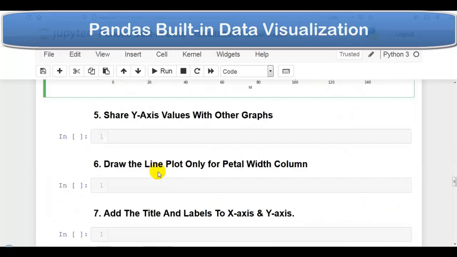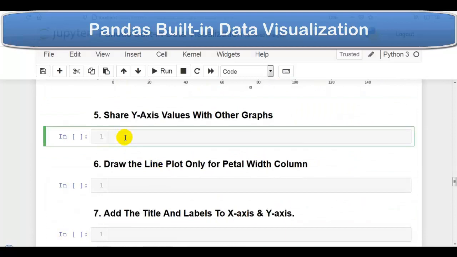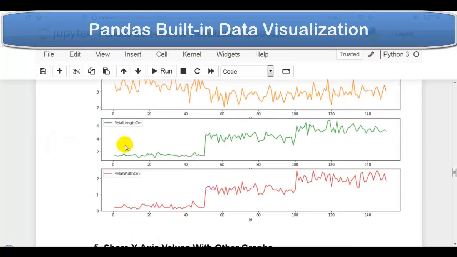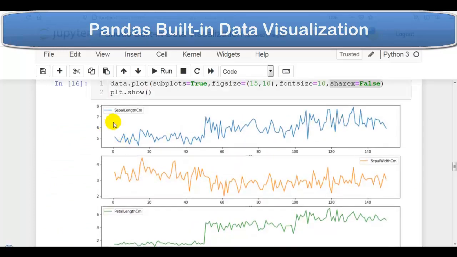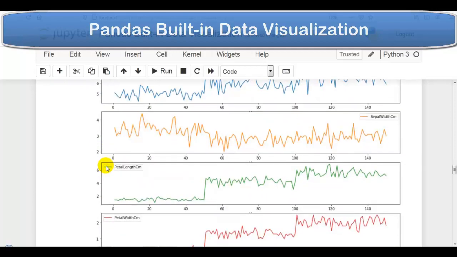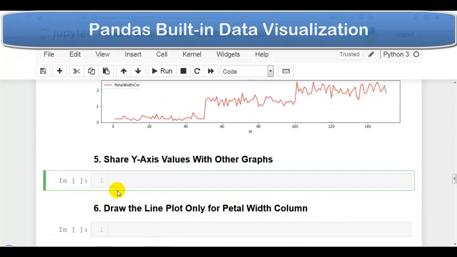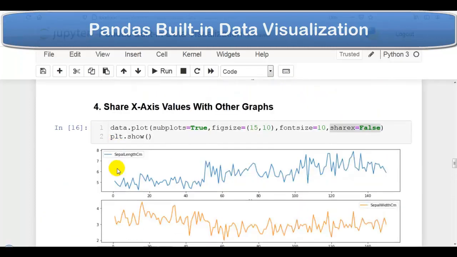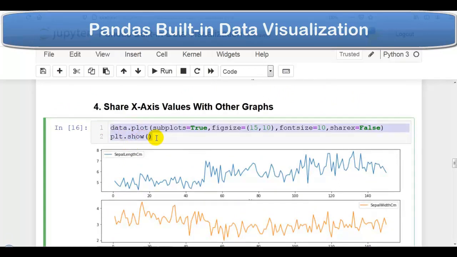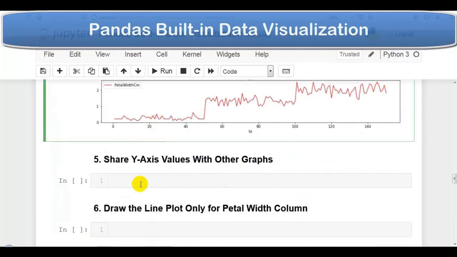So now next question. In this question we have to share y-axis values with other graphs. This question explains how we can put y-axis values in a common scale. As you can see over here, currently all the graphs have their own scale. Here is 5 to 8, here is 2 to 4, here is 2 to 6, and here is 0 to 2. But here we want to put all these y-axis values in a common scale. So let me copy these two statements and paste it over here.